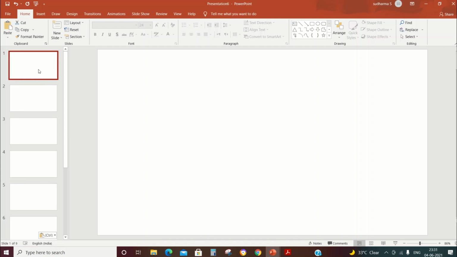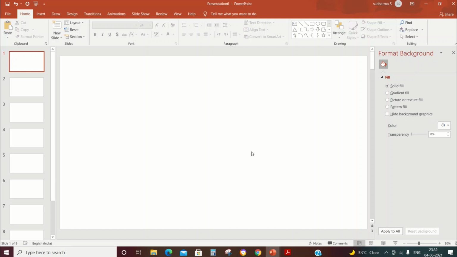Once the pages are ready, we have to change the color of the board. If you are okay to use the board in white color, that's perfectly okay. Or if you want to recreate the traditional blackboard and chalk effect for your online lessons, there is an option for that also. So let's see how we can change this board into a blackboard. Click on the page, right click on the page and click on format background.